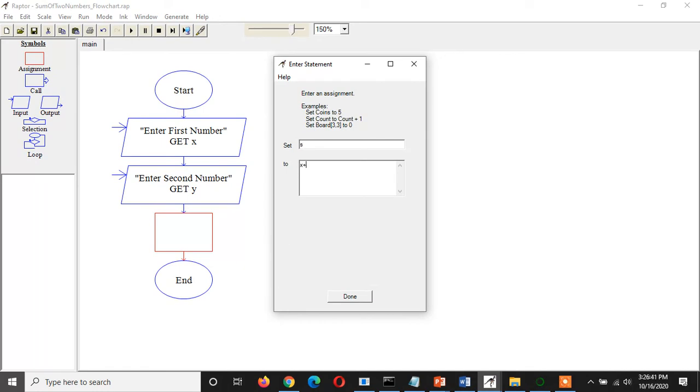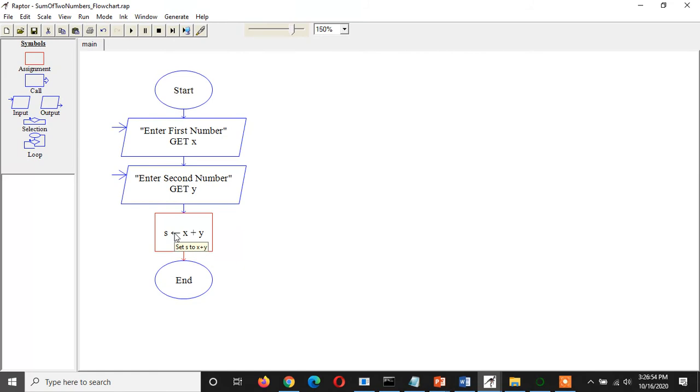So x plus y, and click done. It means that I am going to set the value of s equal to x plus y. So here, as you can see, it shows that set s to x plus y.